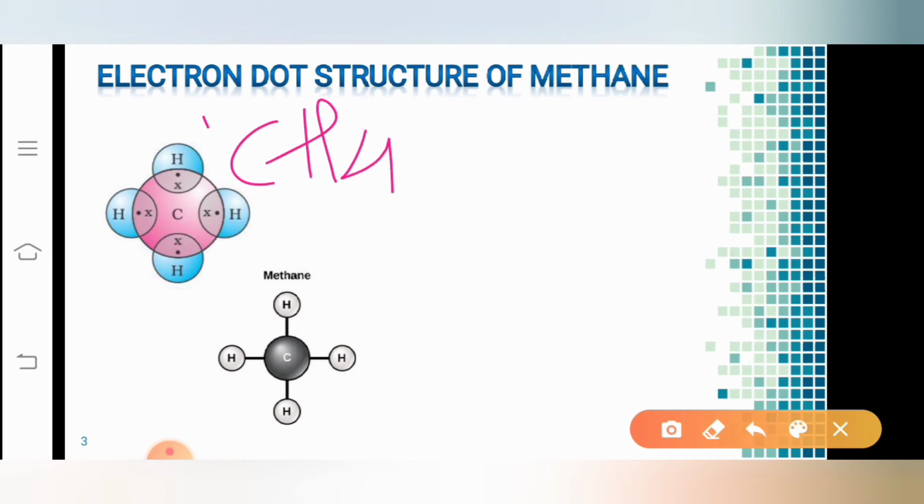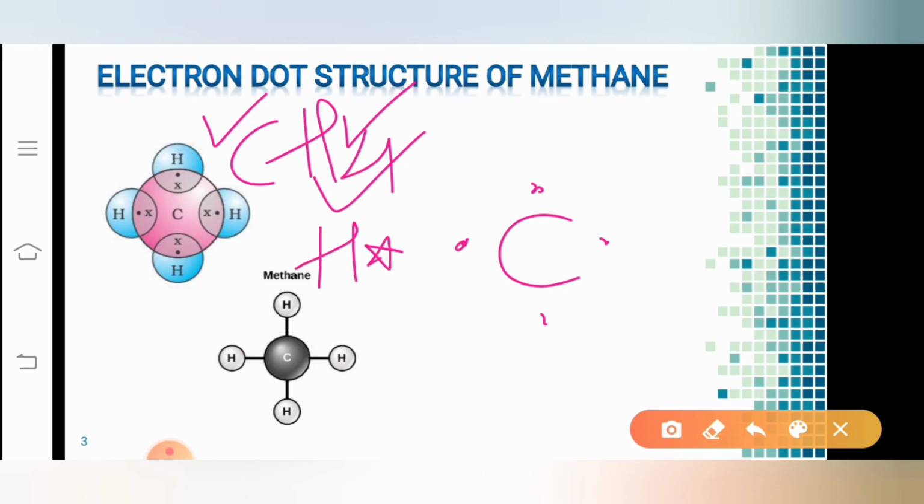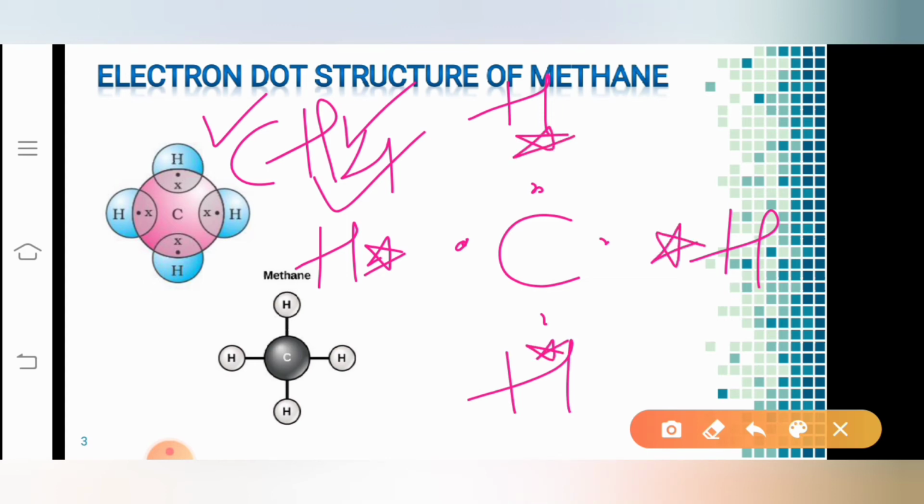So by knowing this, let us start writing the electron dot structure for methane. There is 1 atom of carbon and 4 atoms of hydrogen. Let us first write carbon. What is the valency of carbon? It is 4. So let us write 4 electrons for the carbon. How many hydrogens do we have to write? 4 hydrogens. Each hydrogen atom has 1 valence electron. Here I will represent the carbon's with a dot and the hydrogen's with a star, so that you should not have confusion. All the 4 hydrogen atoms have a single valence electron. So this is how we write the electron dot structure for methane.